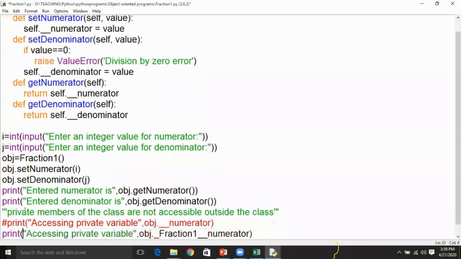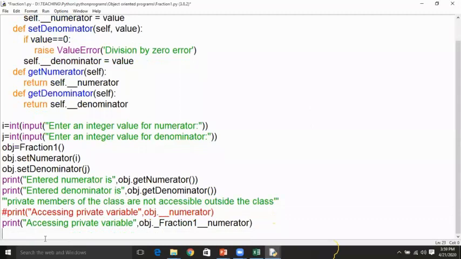If you try to access a private variable by using obj.__numerator, which is not possible. So accessing this kind of thing, obj1.__numerator, is not possible. We'll discuss this line again; I will tell you what this line is again.